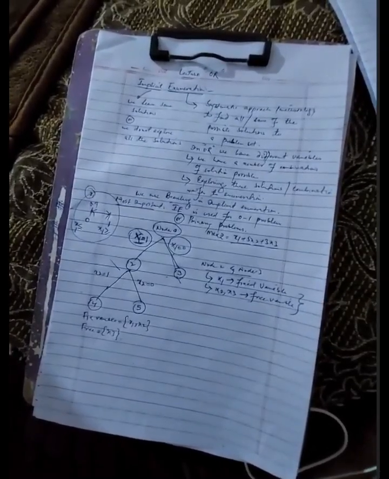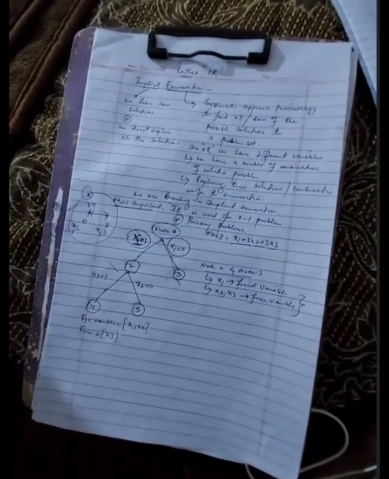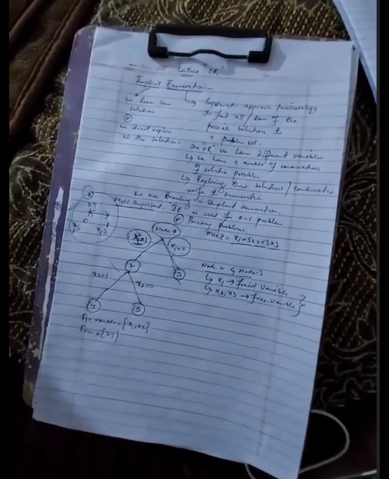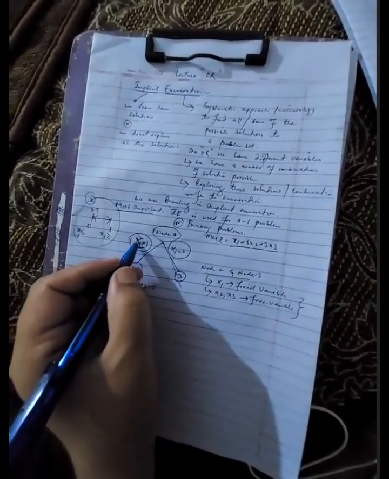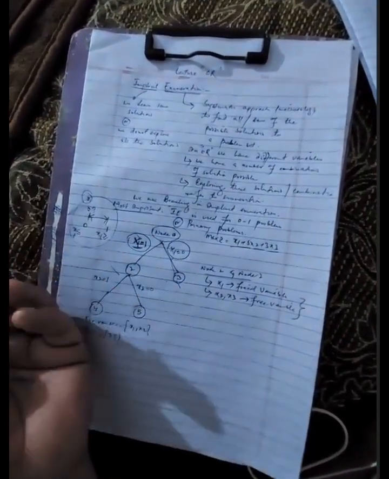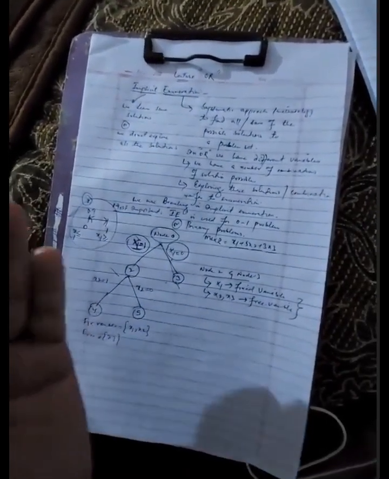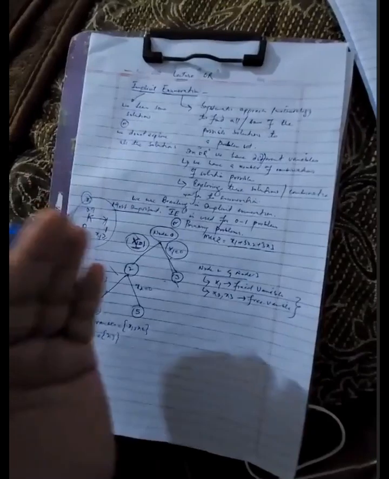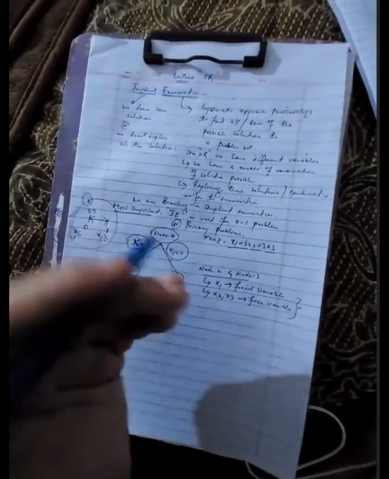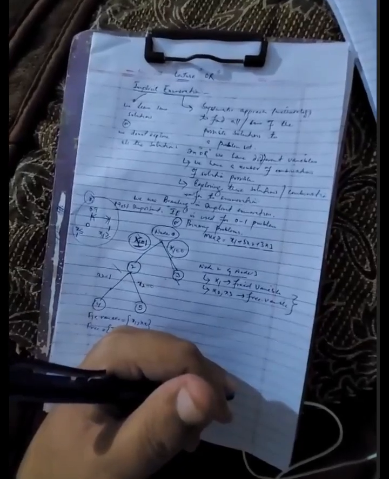For example, if we have 5 variables, I can pick x5 first and not x1. I can pick x2 as well. I can pick x3. But we go with the sequence. So I will go for x1 and then x2, x3, x4, and in the last I will go for x5,